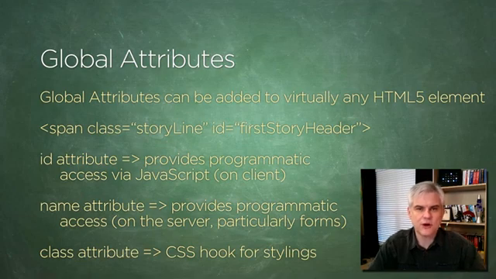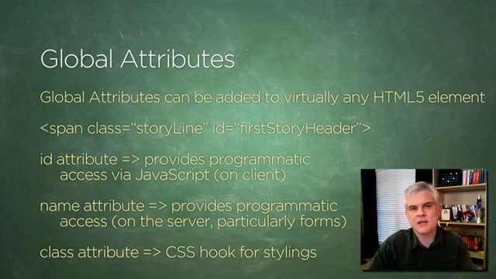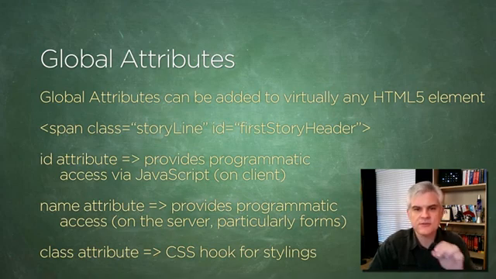What I'm about to show you are global attributes. They can be used on any element defined in HTML5. I've added a class and an ID. An ID is typically used as a unique identifier that I can add to each element if I so desire. The ID attribute is typically used for client-side scripting, for example, whenever I use JavaScript, so that I can access one item programmatically. It can also be used with cascading style sheets by referencing just the ID. So the ID attribute is completely optional, but if you do choose to use it, each ID must be unique